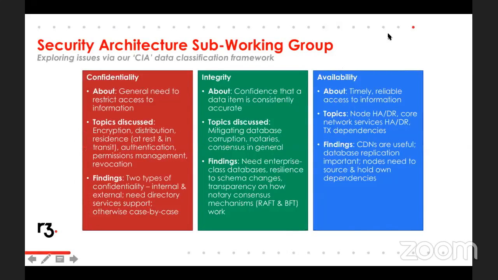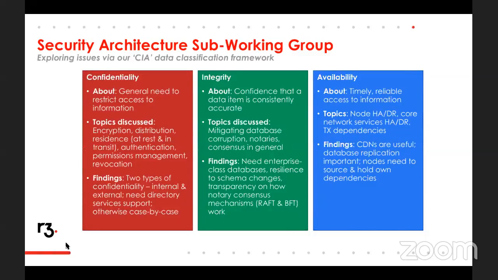Yes, so in our discussions, we're generally quite flexible about the approach that we use. We make use of different frameworks for analysing different topics as they seem to fit our needs. But one of them which has been particularly helpful has been the CIA triad, which will be familiar from anyone working in information security, as a common way of classifying the security requirements around your information assets. So the CIA stands for confidentiality, integrity, and availability. So you can see we've got these three pillars here.